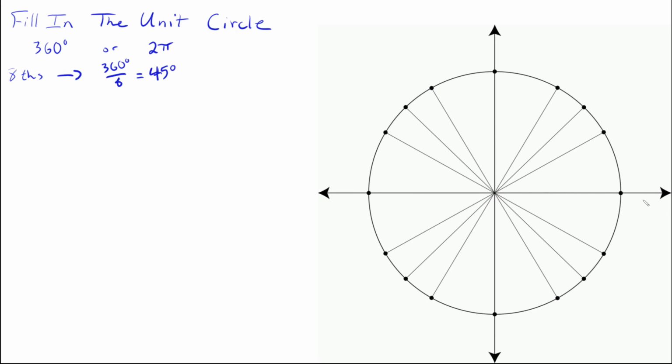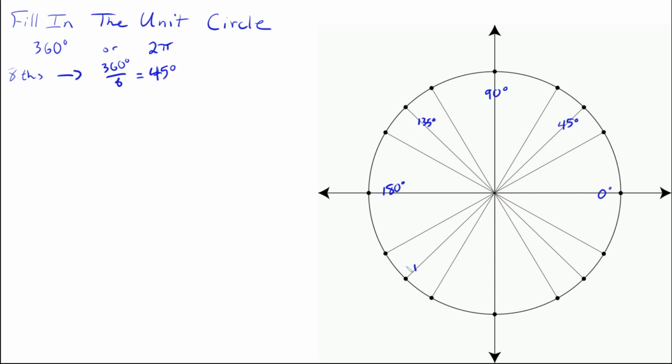So that means these jumps are 45 degrees. So if this is 0 degrees, the halfway is 45 degrees, then 90 degrees, then 135 degrees, 180 degrees, and